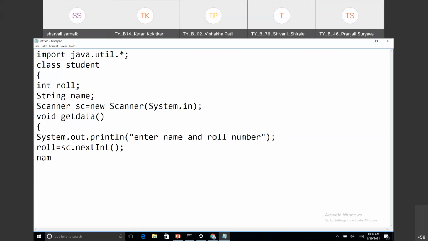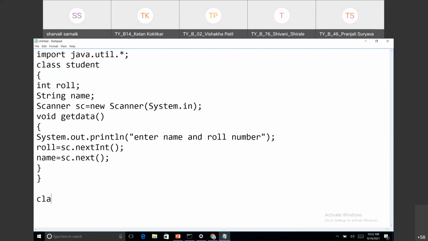Similarly for name, I will write sc.next. Okay, so this I have taken from the user. So this is my one class, a simple class student.